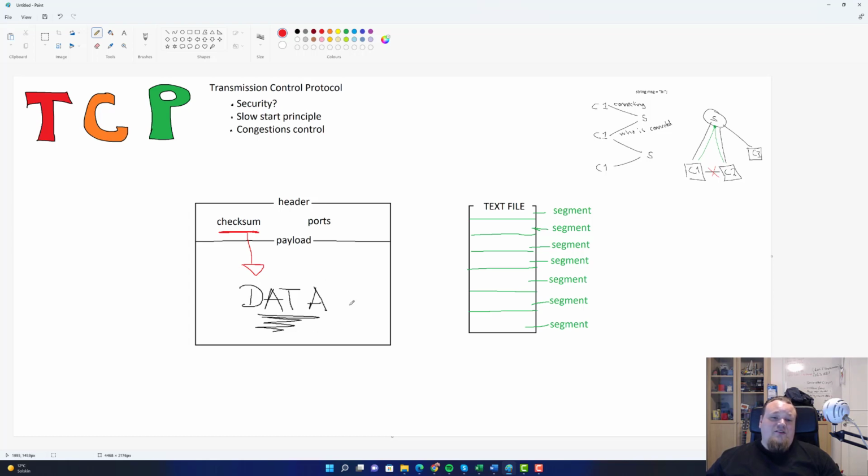So if this data, for example, was a part of an image, and I suddenly change it, of course I'm doing a man-in-the-middle attack, so let me just put this down on paper.